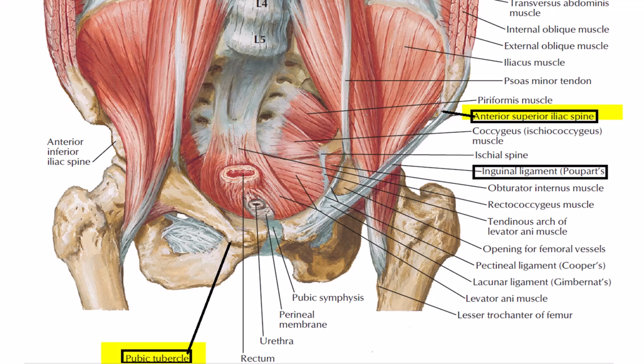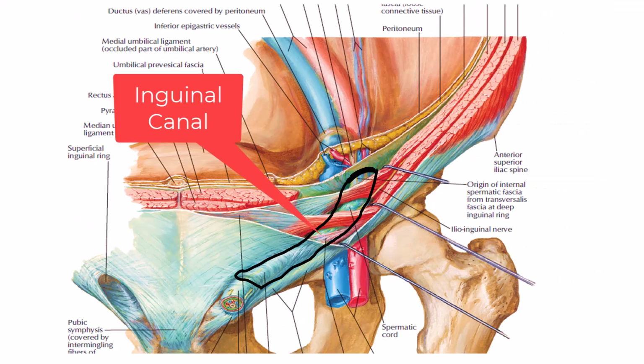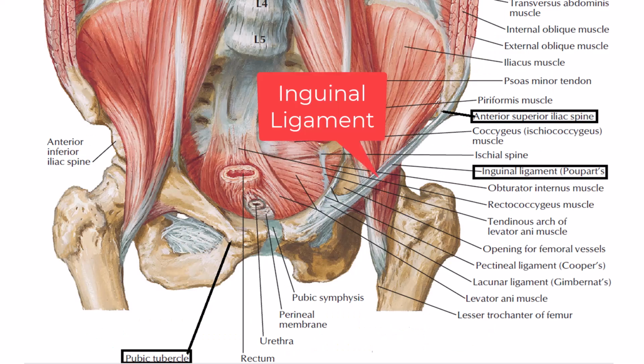So now we are prepared to learn about the inguinal canal. Just a revisit or summarized form of what I told you earlier: the inguinal canal is a tunnel, and this tunnel is passing through a thick wall, and this thick wall is made up of anterior abdominal wall muscles. You all know about the inguinal ligament, that is the rolled up free lower edge of the external oblique aponeurosis.